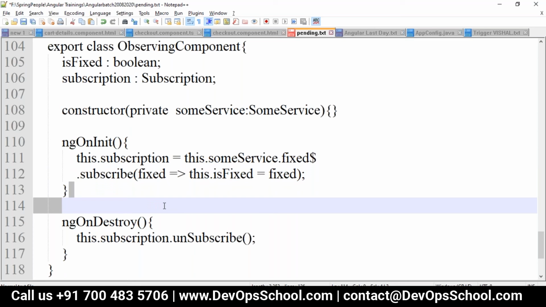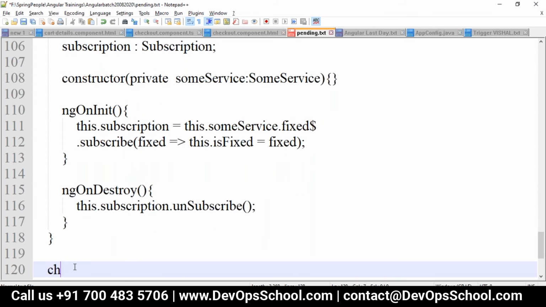If you go with subscribing and unsubscribing, the new values which keep on updating will be taken care of. And we have one property also with respect to coding whenever you work with Angular. That is, we have a change detection strategy. This change detection strategy we can configure in any Angular component, it is one property which is there.